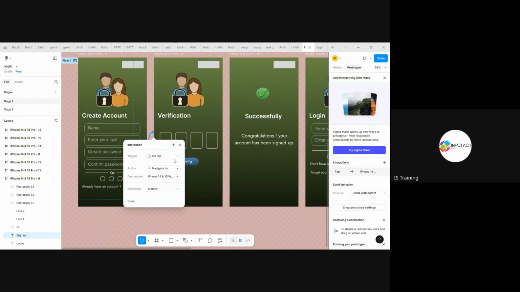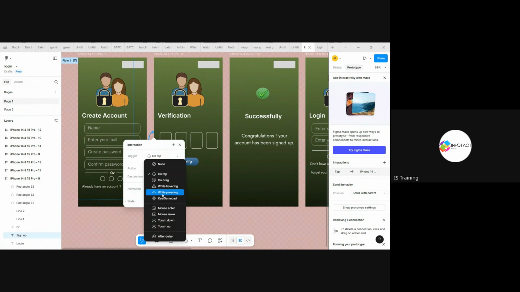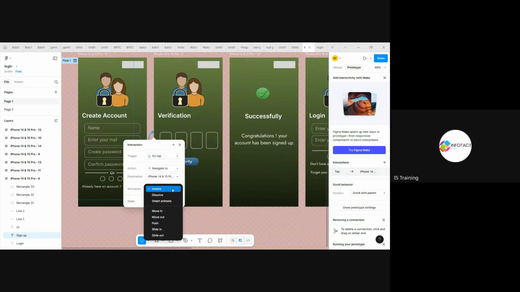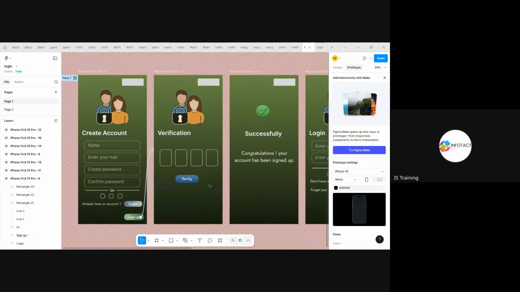In this trigger, we have further choices. We will see the difference between these. For now, I am clicking on this on tap. On tap will simply redirect me to this page. Let's see how it's going.